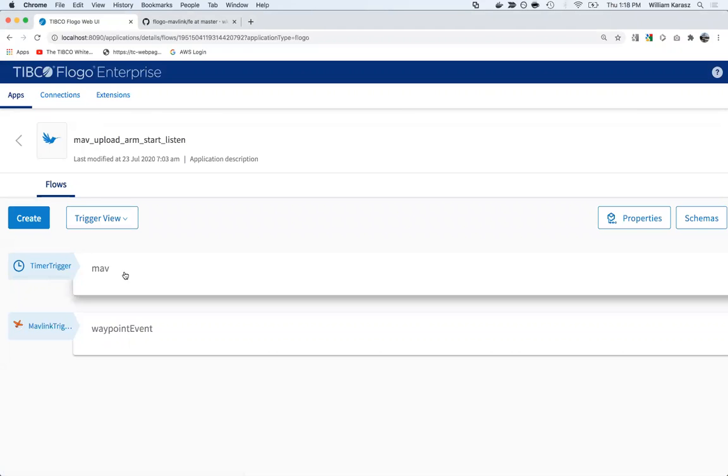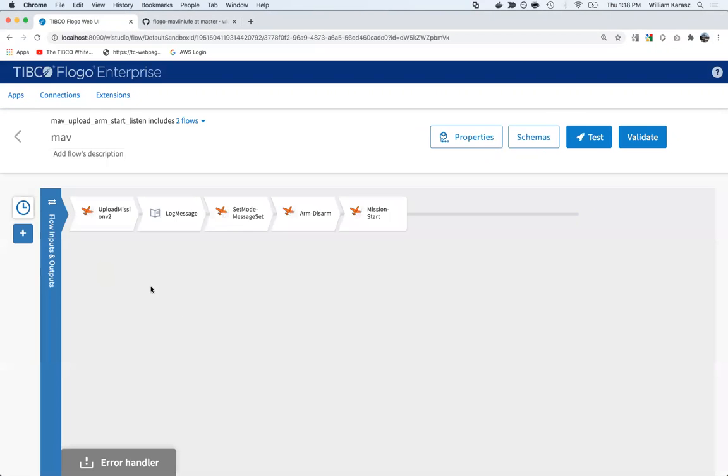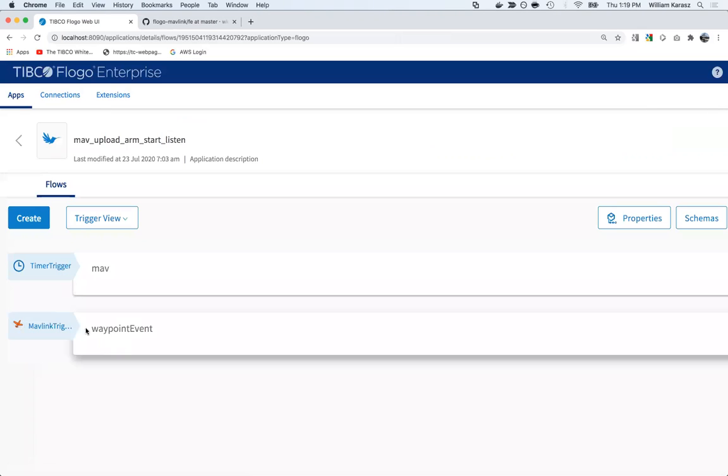Using these activities, we can do things like create that mission payload, upload it, and trigger the entire drone to follow through on the full execution cycle of that mission. So upload the mission, we're going to set the mode, arm the drone to arm the motors, and then even start the mission. Meanwhile, while this is going on, we can be listening for all of the events coming off